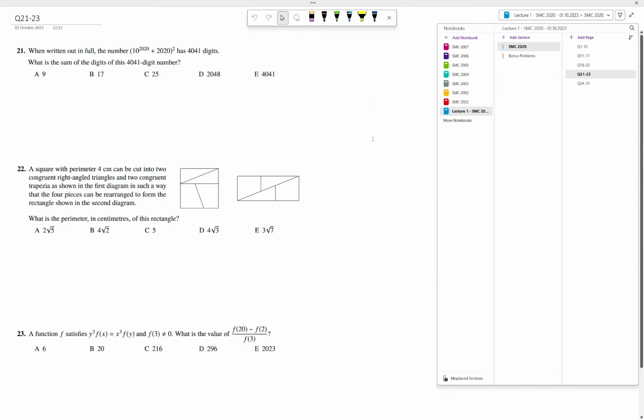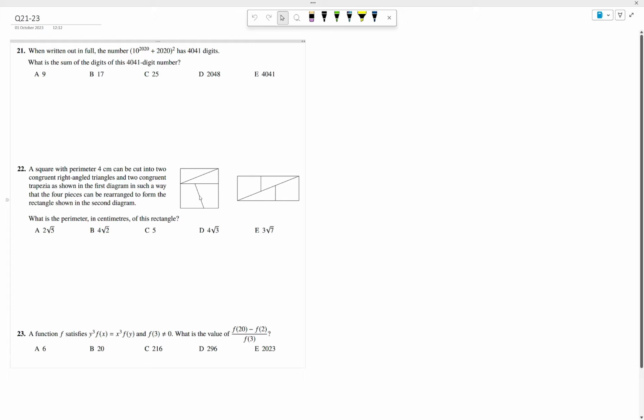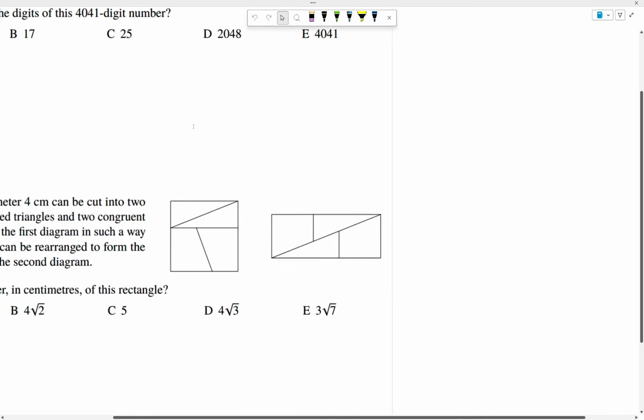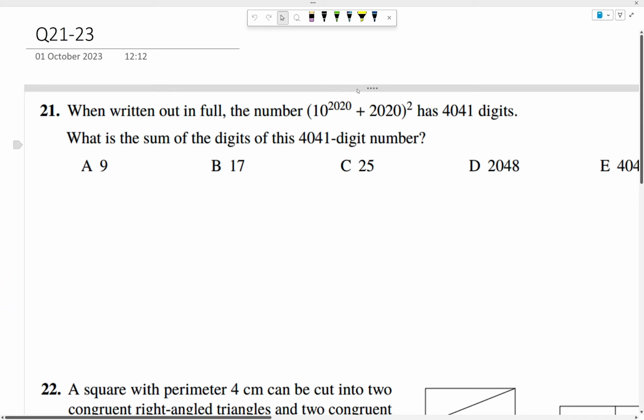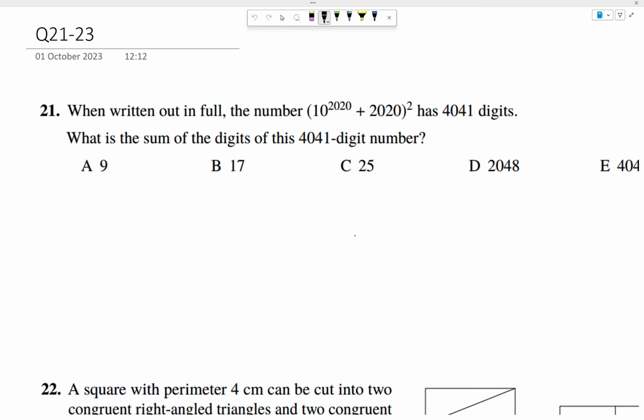And now we're on to the final 5 questions, which should be the hardest. When written out in full, that number has 4,041 digits. What is the sum of the digits of the number? So this question looks quite intimidating when you first see it, but the way that I'm going to look at it is that I have something plus something all squared, and then I'm going to notice that I can try and expand those brackets. So 10 to the 2020